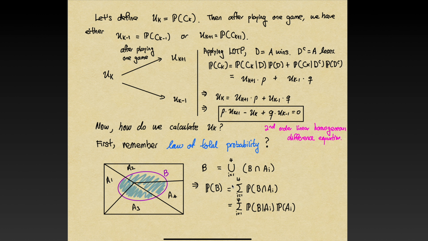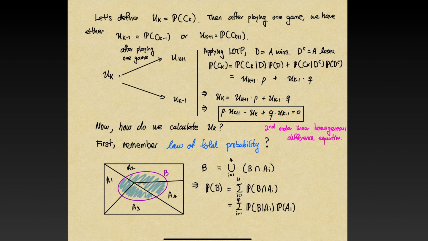And you apply the probability, and we get the probability of B is equal to the sum from i equals 1 to 4. And then this, we can write as a conditional probability, meaning that this is the probability of B given A_i happening, times the probability of A_i happening. Okay, so we'll be using this concept to find U of k. So applying this law of total probability, we need to know this.